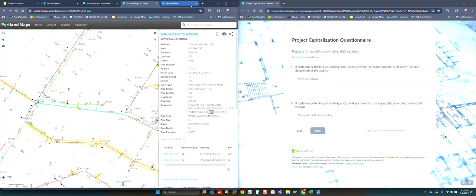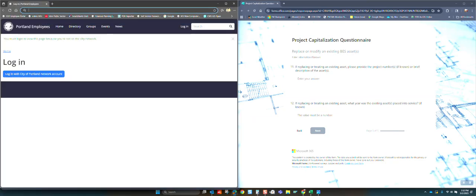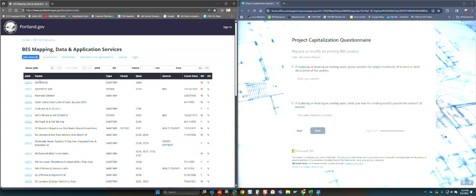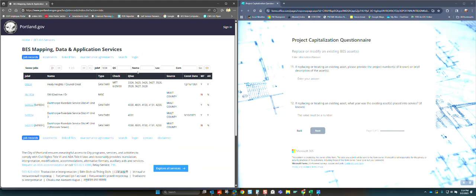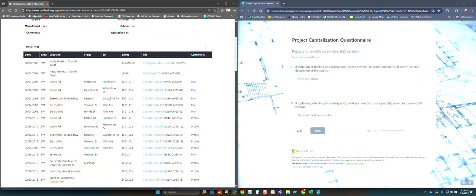So, in order to go find it, I have to log in to my token. Hold, please. So, now that I'm connected to the city network, I can go to the city's online as-built database, put that number in, and pull that up. So, according to this,